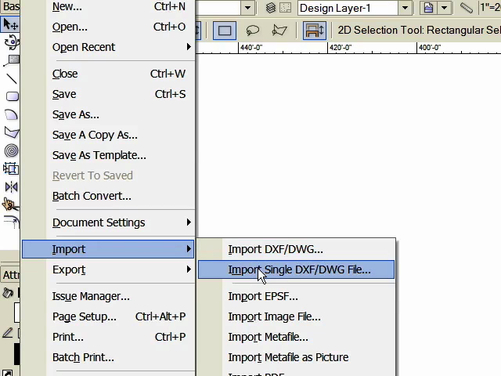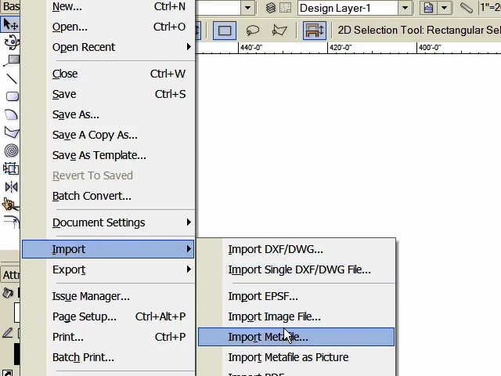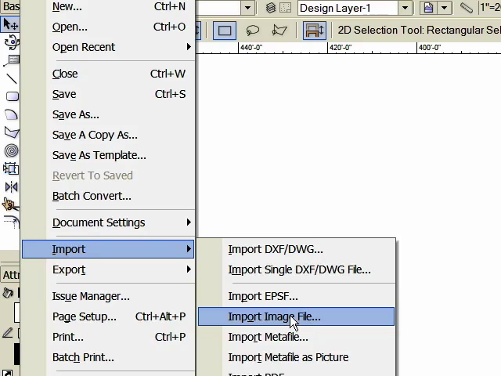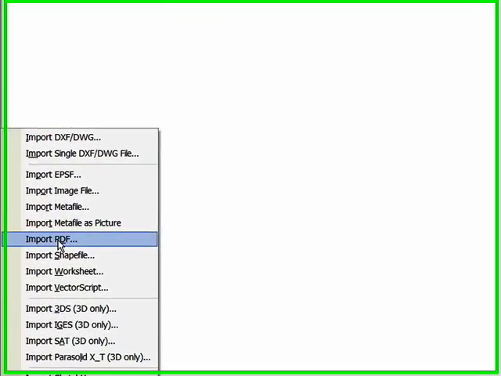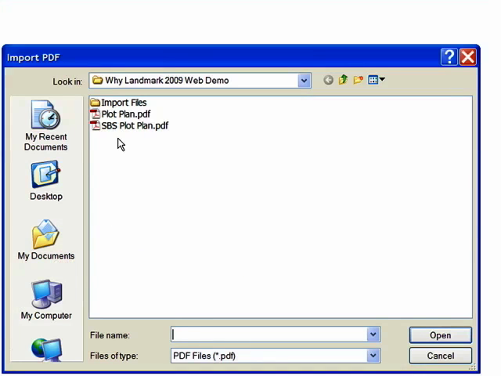You can import DXF or DWG files, so if any of the files that you're creating actually can get started from a DWG file, you can bring those in and start working with them. You can also bring in image files, which allows you to bring in JPEGs, bitmap, TIFFs, and those kind of image files. So anything that you scan to, if it becomes an image file like that, you can bring that in. The one I'm going to display today is a PDF file, and by bringing in a PDF file, this